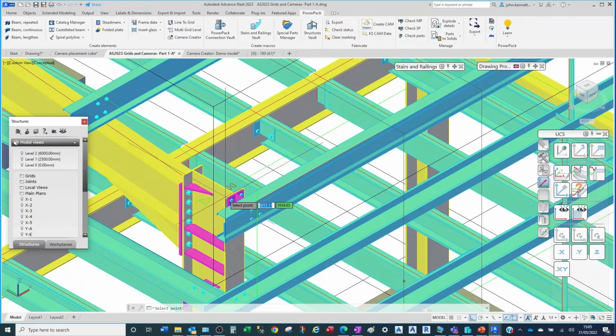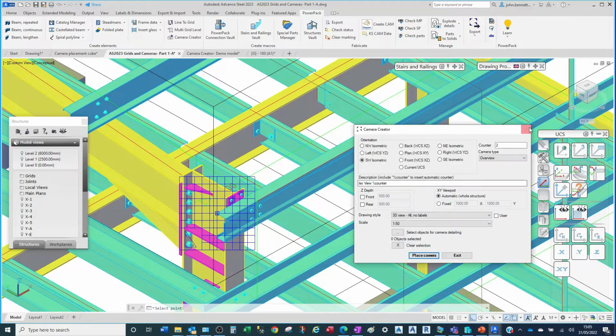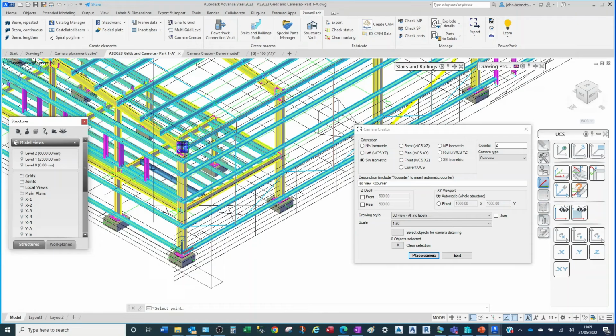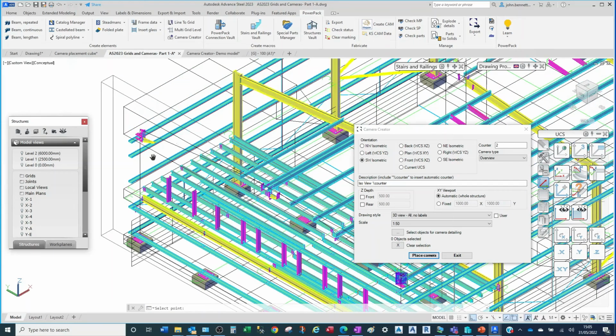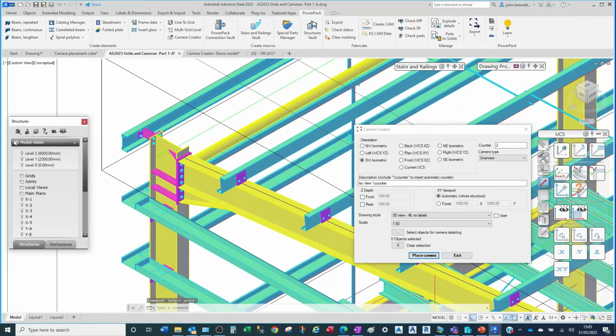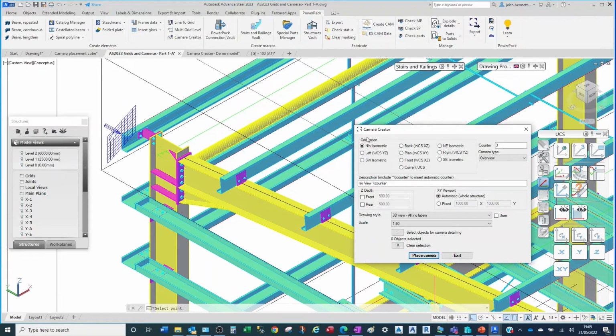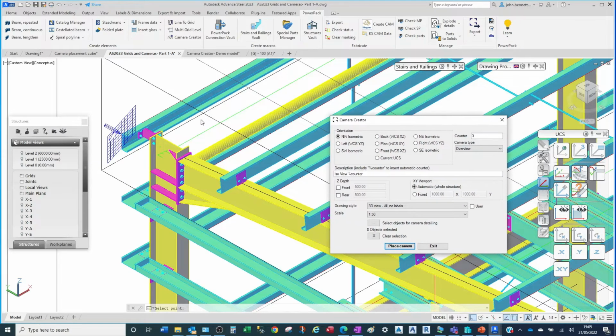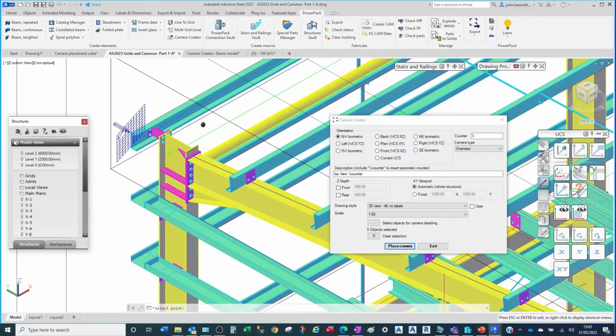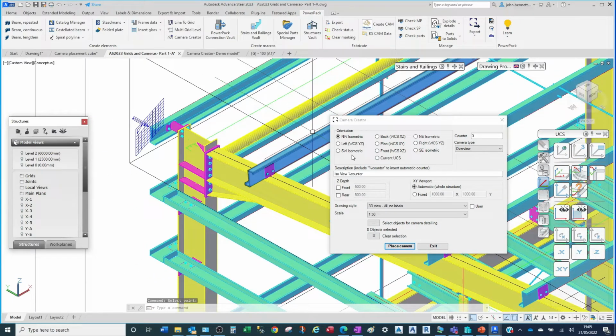So I'm going to snap to a particular point on that corner of the building. And then I'm going to remain in the dialog, and I'm going to come over to the other corner of the building. And we're going to place a camera on this corner of the building here. So quite quickly we've created a couple of isometrics of that part of the building, but maybe we want to